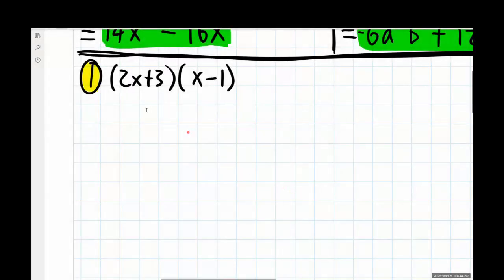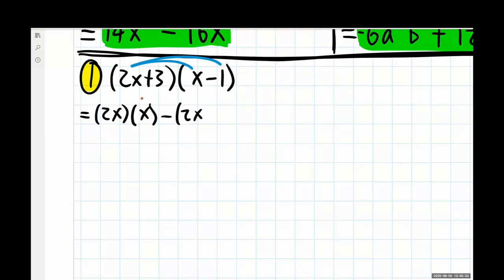Okay, our first example is giving us the polynomial 2x + 3 times the polynomial x - 1. So based on our process, we were told that we want to take the first term of the first polynomial, distribute and multiply it to each term in the second polynomial. So the first term of the first polynomial is this 2x. The 2x is going to multiply through here, and the 2x is going to multiply through here. Again, as necessary, write this out for yourself, just like we have there.